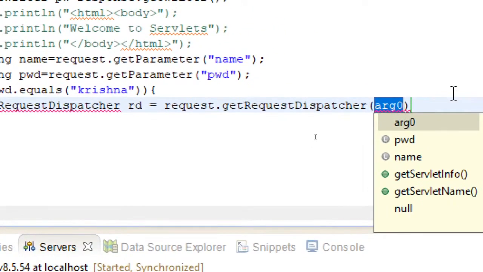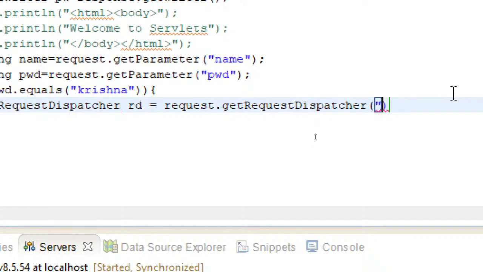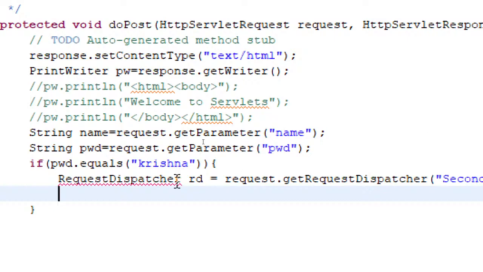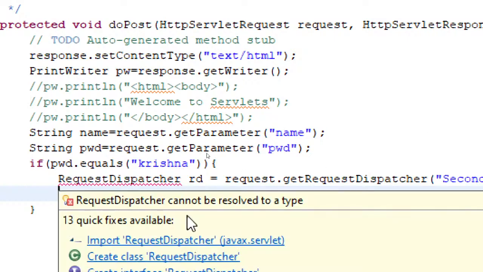where it should go. So for that I'll create another one with the name second. We don't have this servlet. I'll just create it very quickly. So second is the servlet name, and in the request dispatcher, yeah, you can just add it.